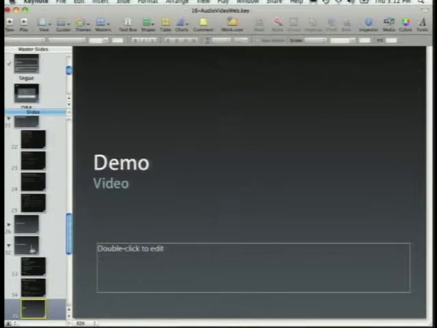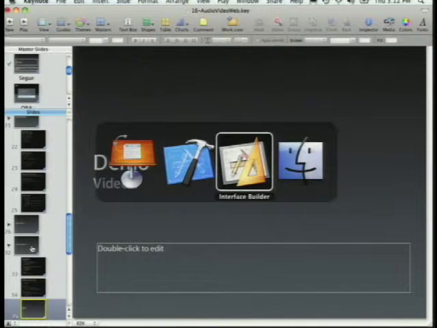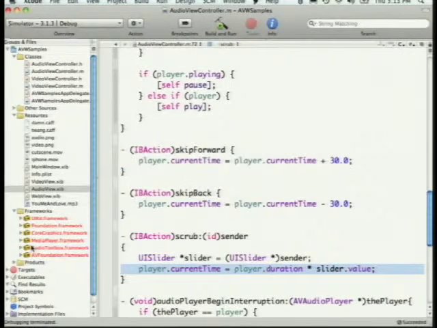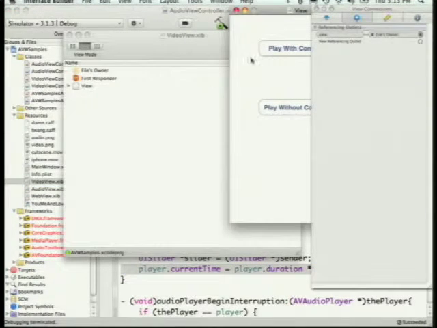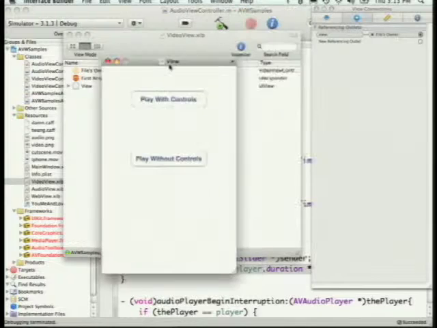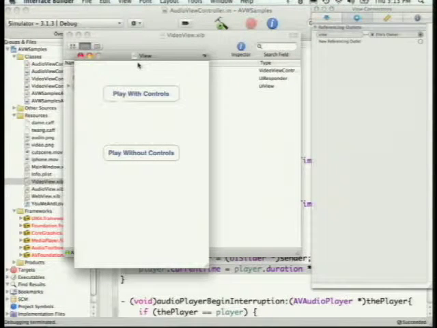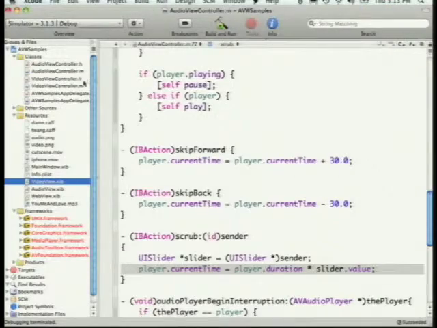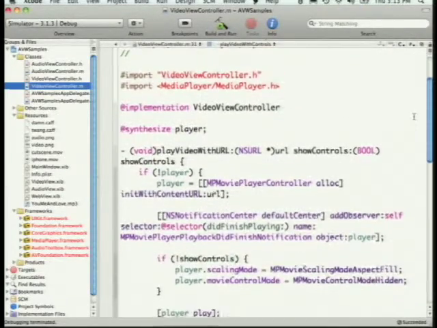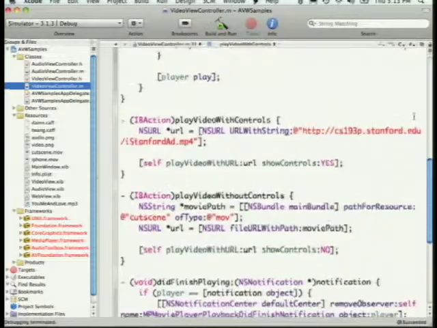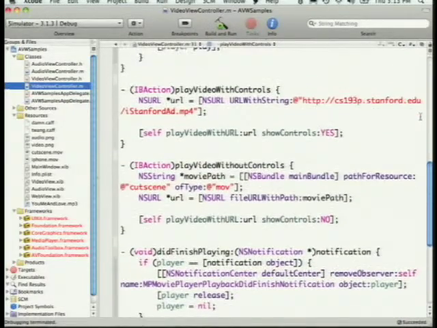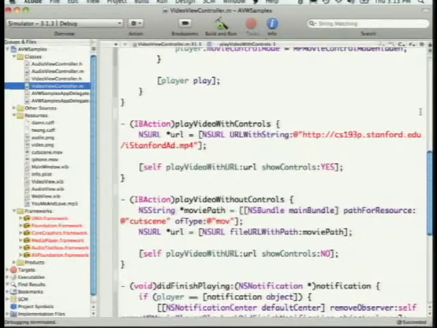So, a quick demo. Let's go back to our app here. All right, and here I have just 2 buttons this time, play with controls and play without controls. Let's look at the code for that. So I have 2 IB actions down here. One is the play video with controls,